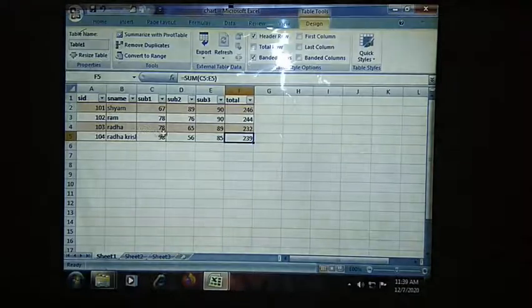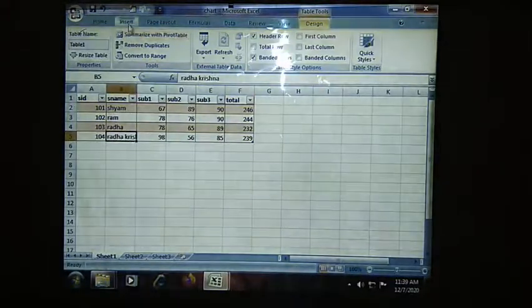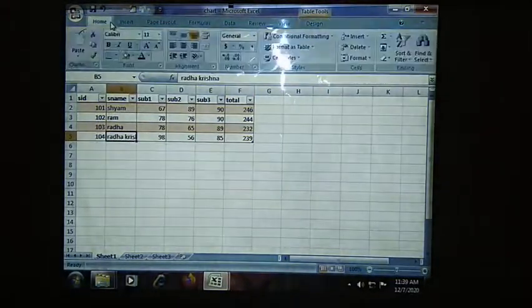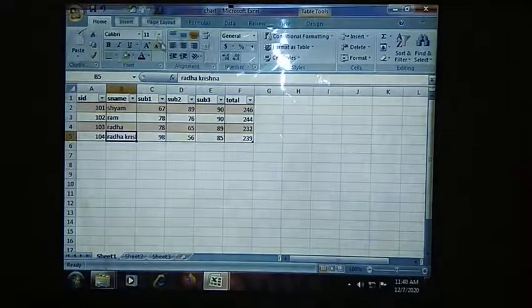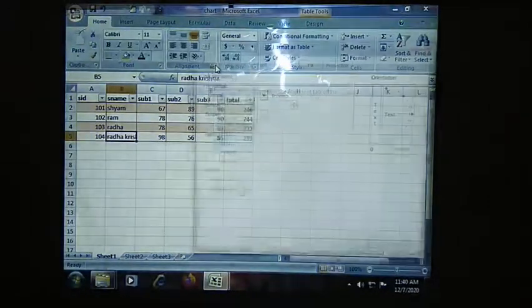In order to prevent that, we are going to wrap the text. Wrapping the text means automatically adjusting the width or length of your cell. Go to the Home tab, and you already know how to reach alignment: Home tab, Alignment, dialog box launcher.